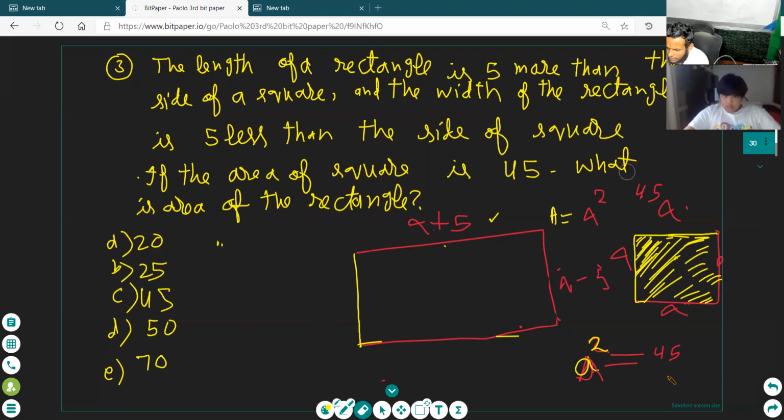Read the statement. What is given? What is the area of the rectangle? Write it. Come here, Paulo. Start finding the area of the rectangle. So if it's 45, no. You should see the length and width of the rectangle, not other things. So 45 square root would be 45 square root minus 5. No, wrong. What is the length and what is the width? Write the area of the rectangle. What is the area of the rectangle formula?